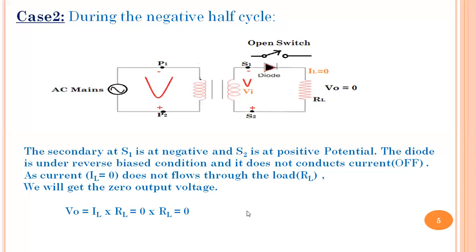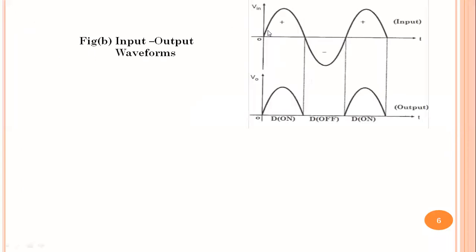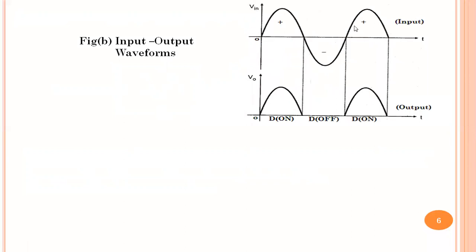So only the positive half cycle is brought to the output, allowing the flow of current in only one direction. So we will get DC current and DC voltage, but as the negative half cycle is blocked, reverse flow of current is avoided and we will get the rectification of the input signal. For better understanding, we can draw the input and output waveforms. If you observe the graph, voltage versus time, first for the input, second for the rectified output. What we find here is that during every cycle of an AC input, there are two half cycles, the positive half cycle and the negative half cycle.